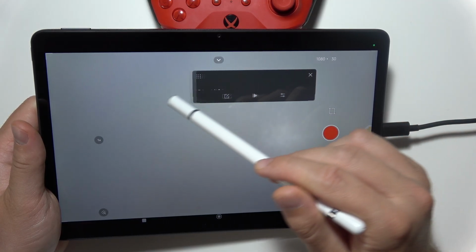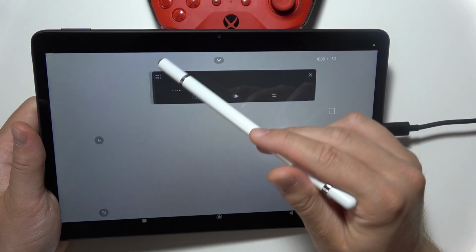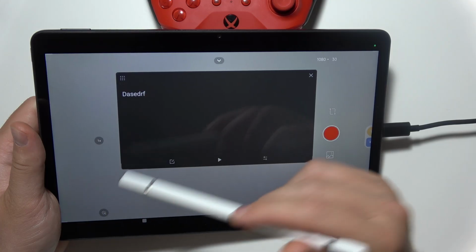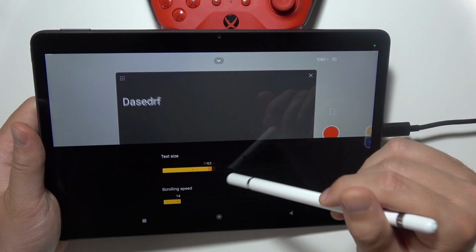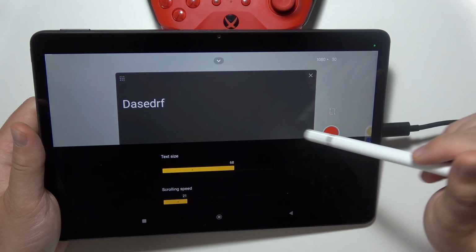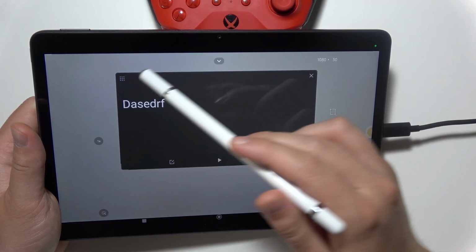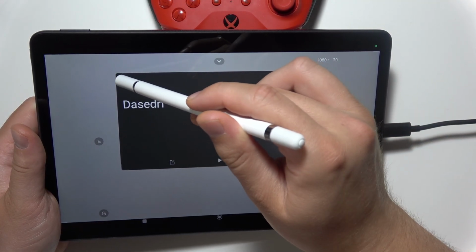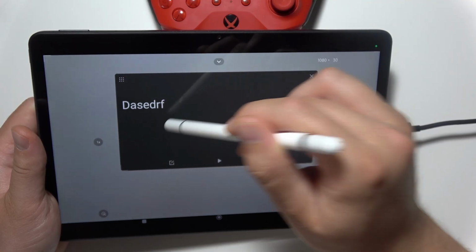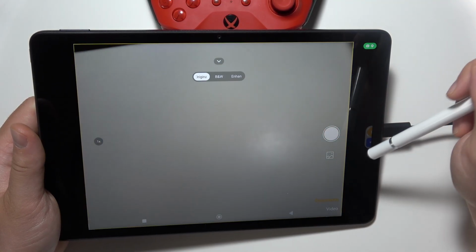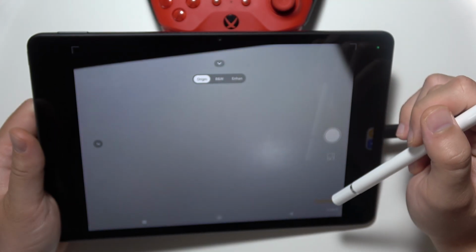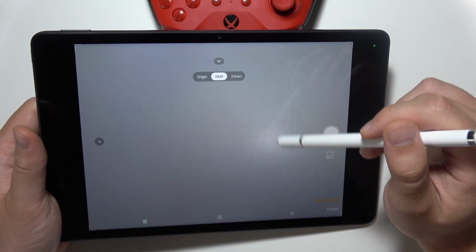You can also change it. You can make it bigger, smaller, wider or shorter. And by clicking here, you can change the text size and the scrolling speed, so you can read faster or slower. And when we click over here, nothing happens. Now we can find the option to scan documents in the original colors and black and white, and